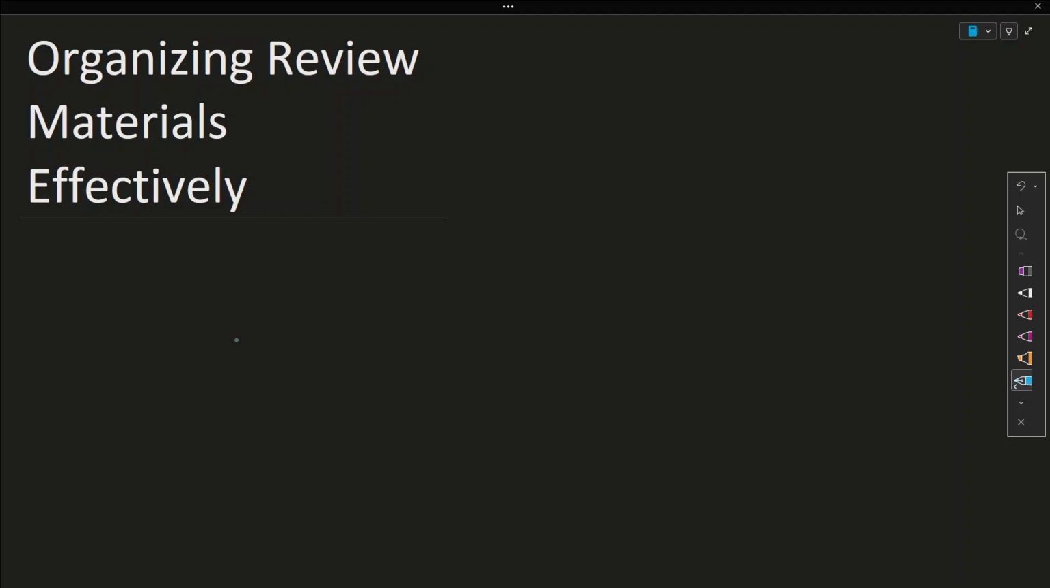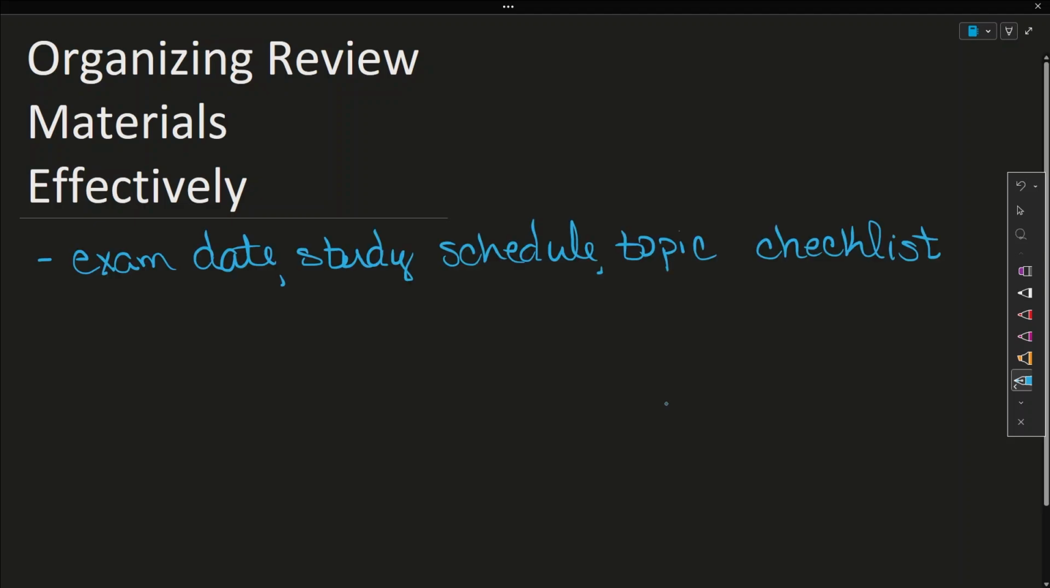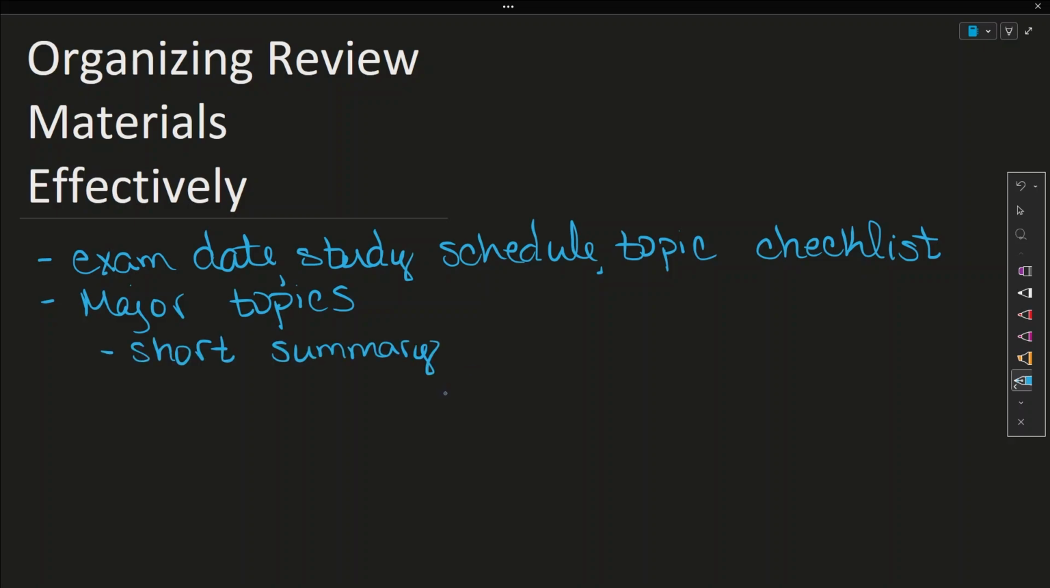Let's look at a simple review folder structure. At the front, place your exam date, your study schedule, and your topic checklist. Next, create one section for each major topic. Inside each topic section include a short summary or formula, one clear example that you can refer back to,